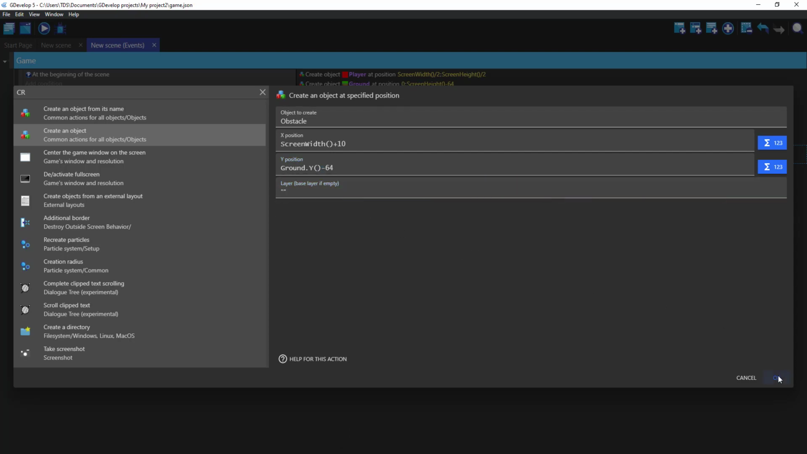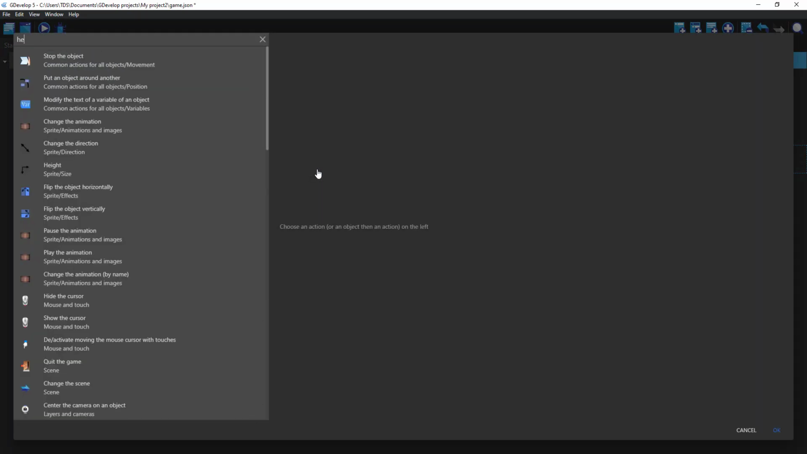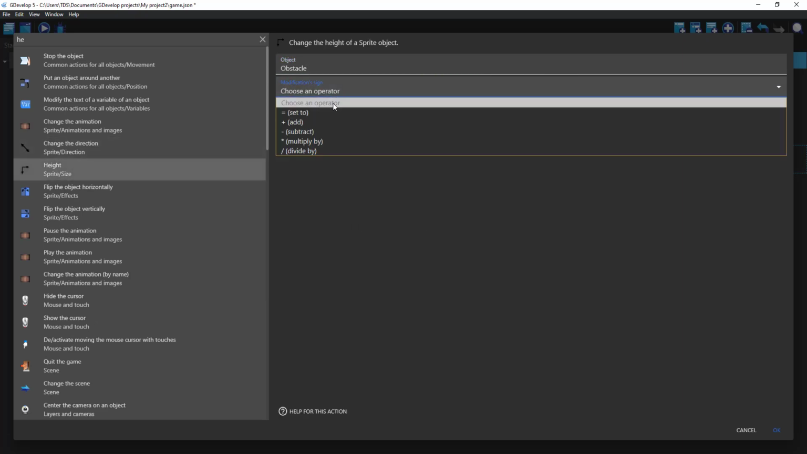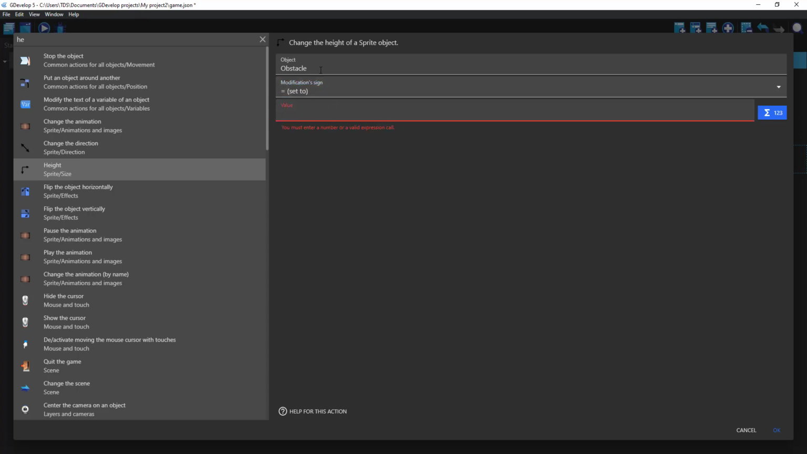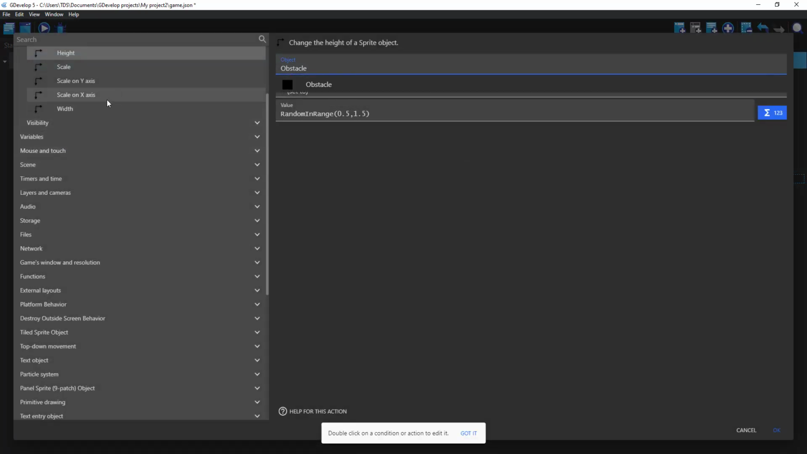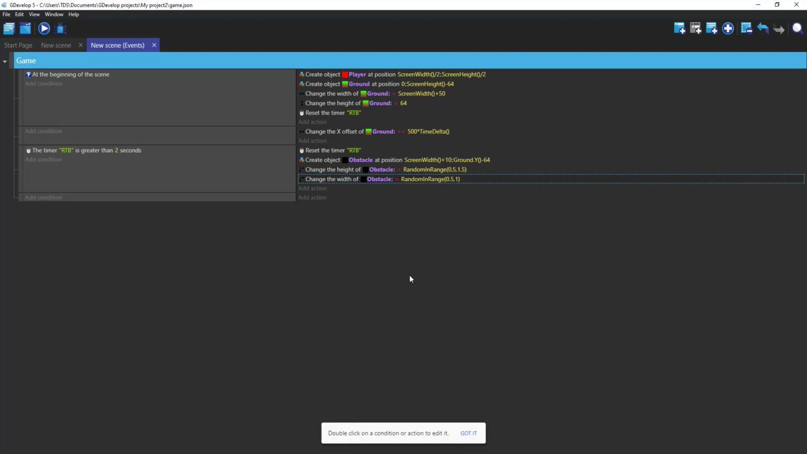Okay, now let's change the height of obstacle, set to random in range 0.5, 1.5. Okay, change the width, set to 1. Okay,